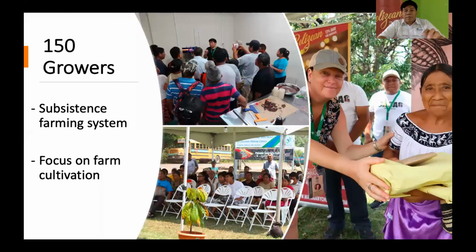These growers do well on their farm. They ensure that the trees are harvested on time. They ensure that the trees are being taken care of during the year by pruning, by ensuring that they're clean. So a lot of weeding takes place during the year. And so we recognize that the farmers do that best, and we want for them to be able to continue